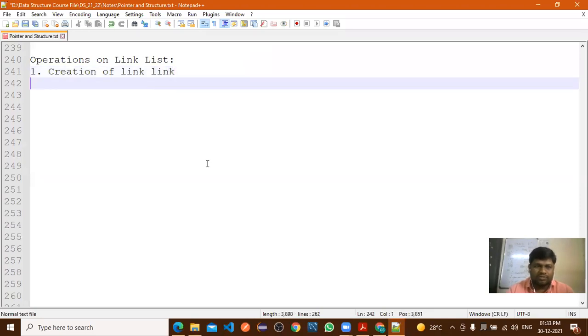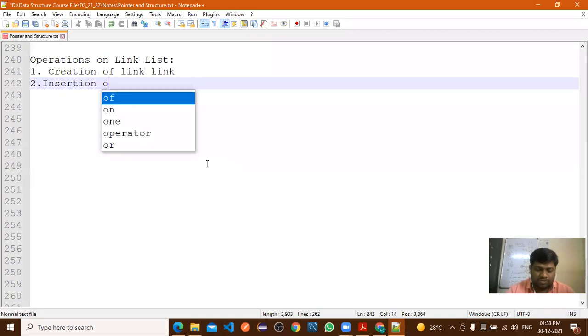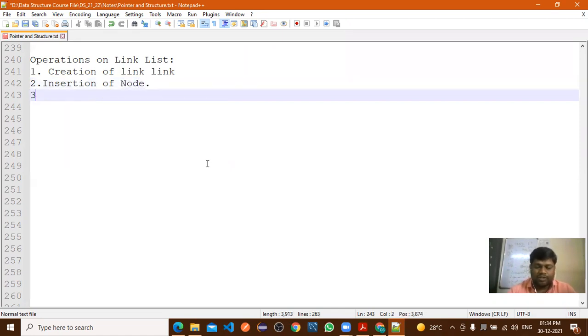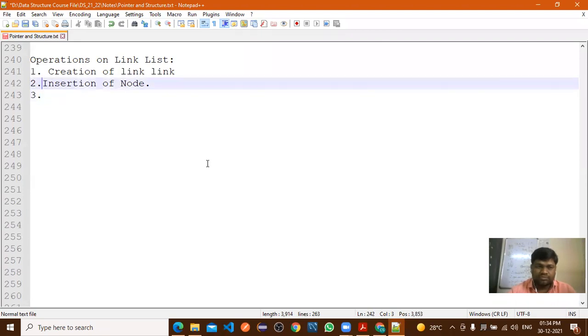Second operation, insertion of a node. And third one is the display.